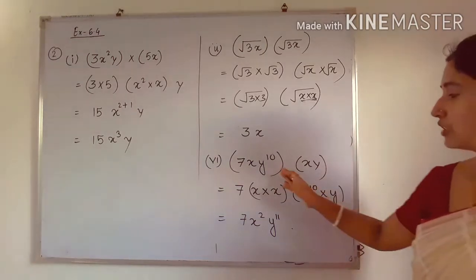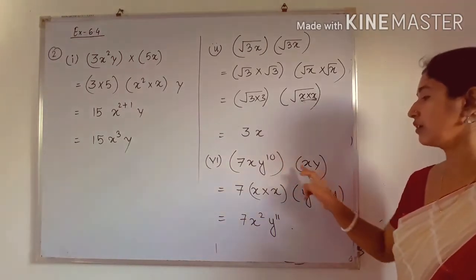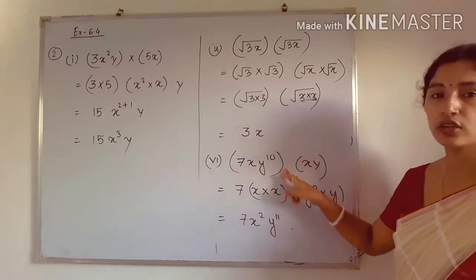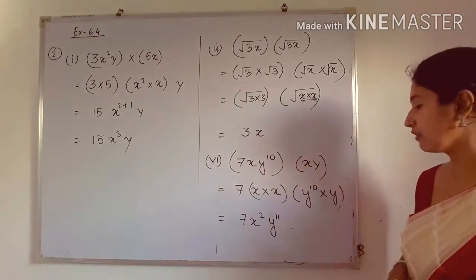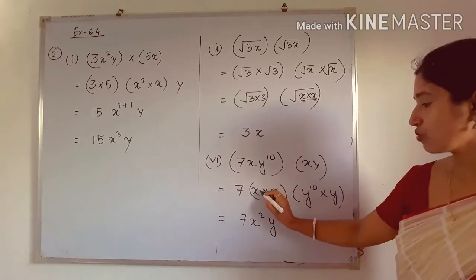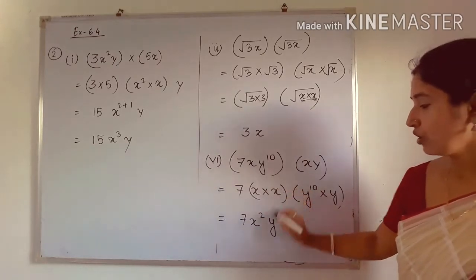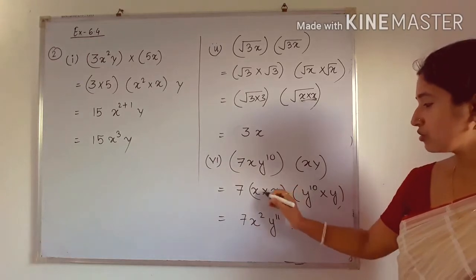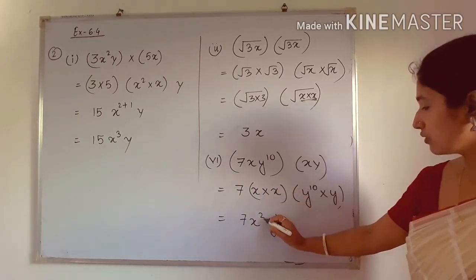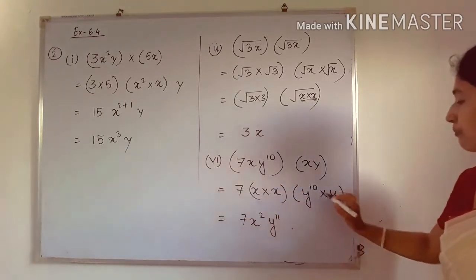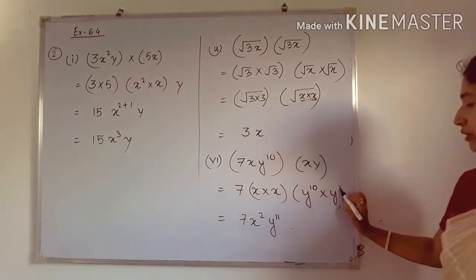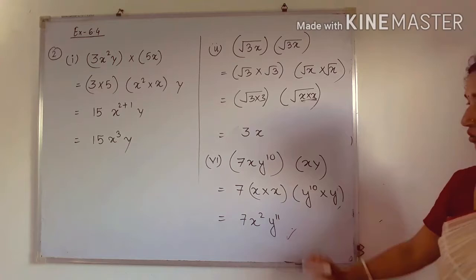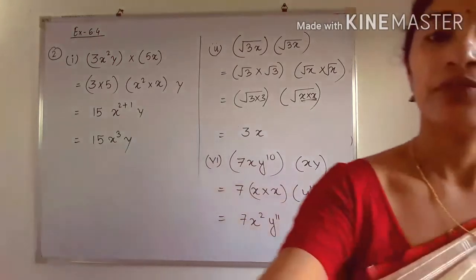See, what is the meaning of this bracket? This bracket into this bracket. Hence there is no symbol between them. That means it is multiplication. Okay, these two numbers are multiplying with each other. So the power of x is 1 here. Here also the power of x is 1. So here I have done directly because these things already you know. So power is 1. So we will add the powers. So this will be 2. And this, see, y to the power 10 and into y to the power, here it is 1. So we will add this one, we will get 11. Okay. So this is the final answer of 6th number.